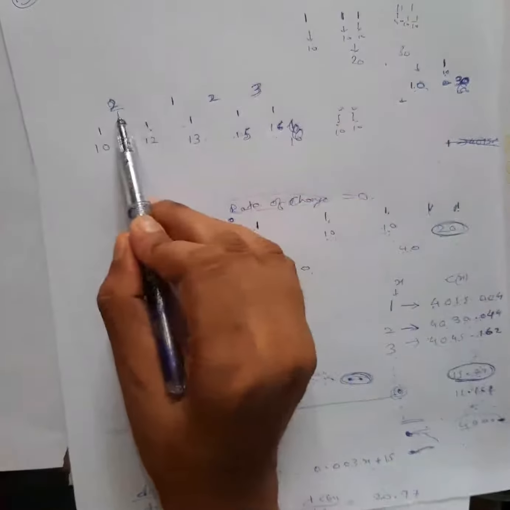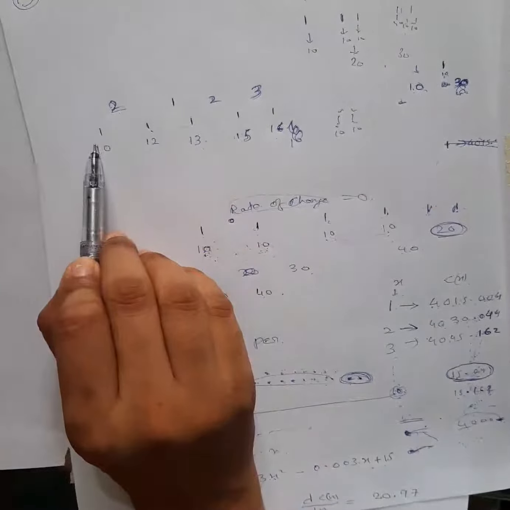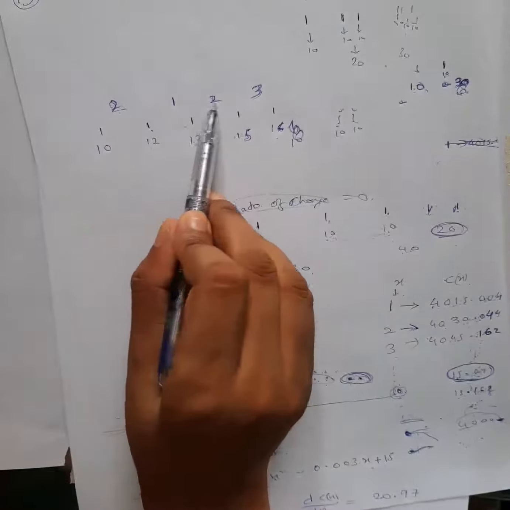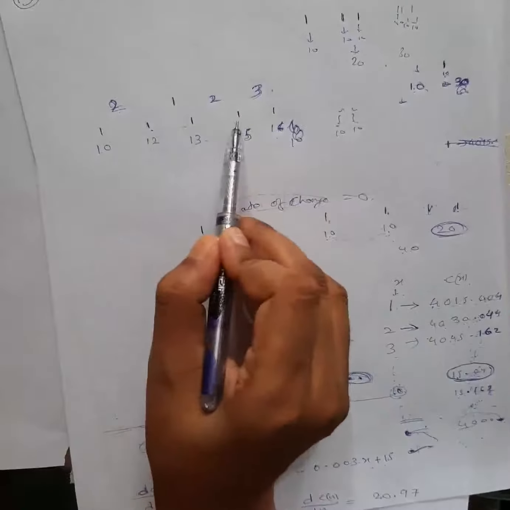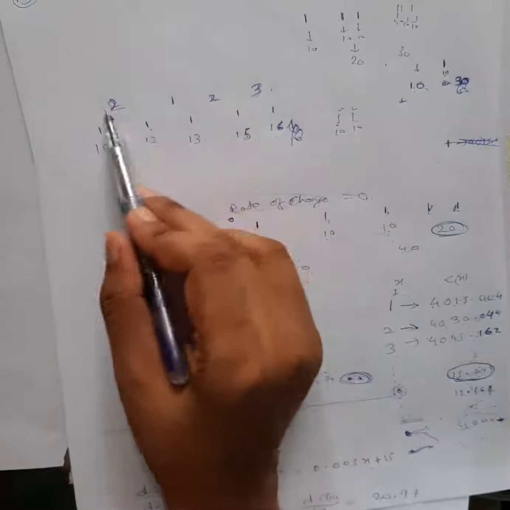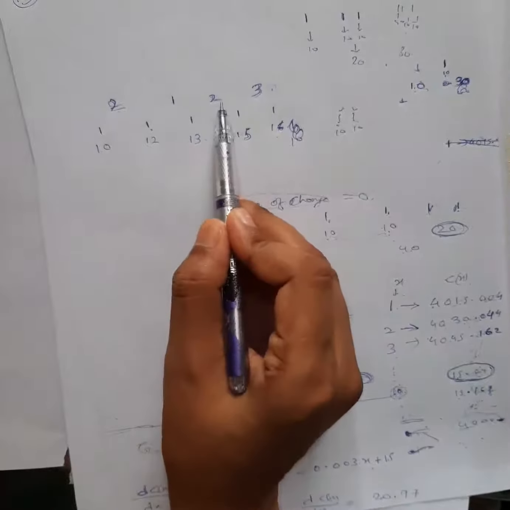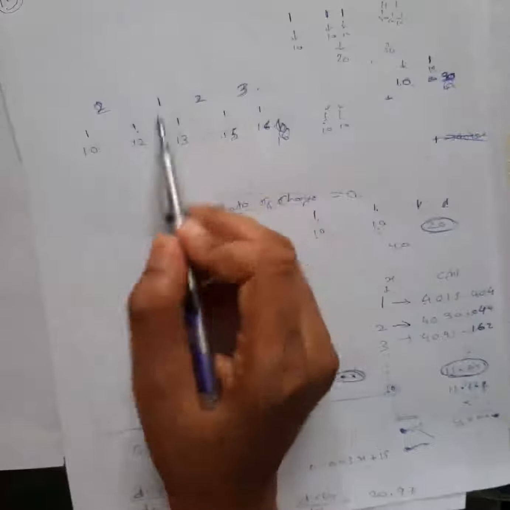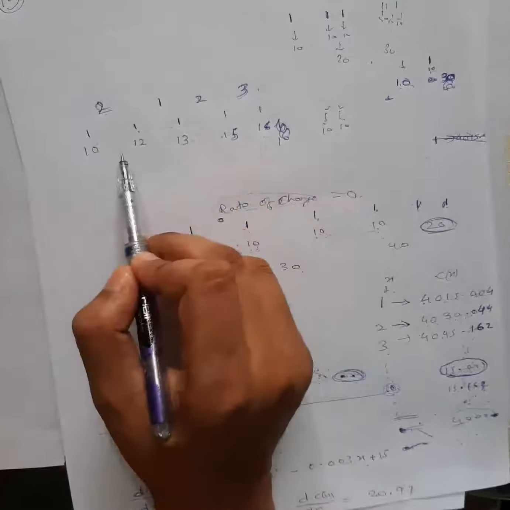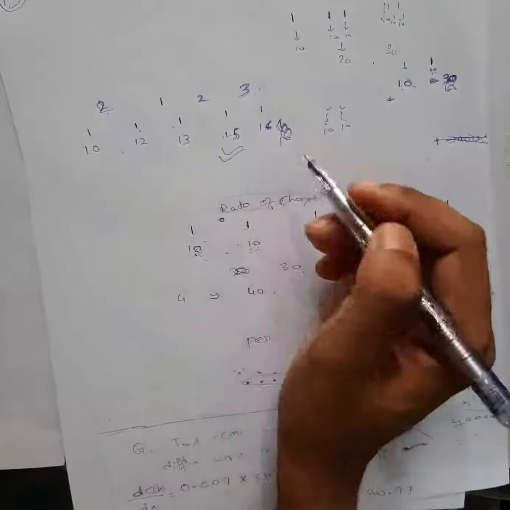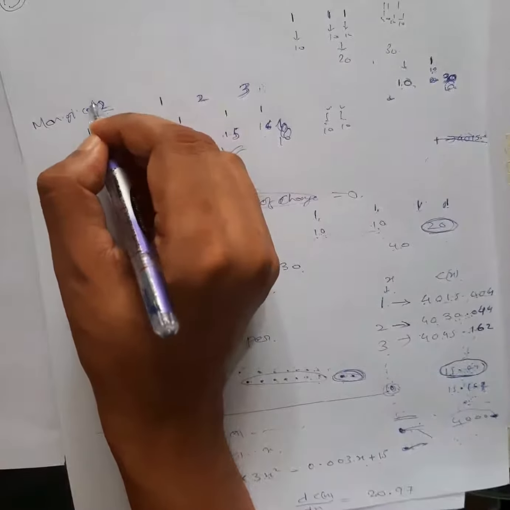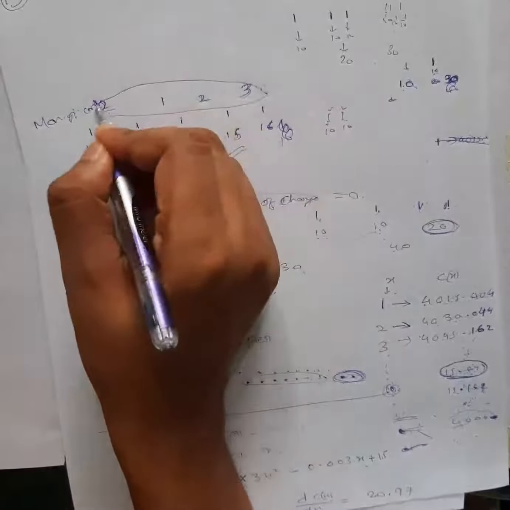Is it clear? So in this way, when I talk about the rate of change of total cost, it will be this plus this plus this plus this, 1, 2, 3, 4, 5. When I bought 5 products, what is the rate of change of total cost here? It will be 2 plus 1, 3, 4, 5, 8, it will be 8. So this will be the rate of change of total price. In a simple way, try to understand this one. This is called your marginal cost.